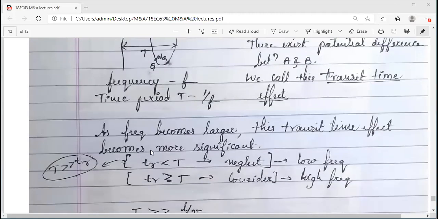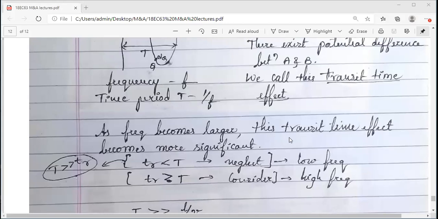What is important here is when the frequencies become larger, because we are now dealing with microwave frequencies, which are larger than IR. Try to remember the electromagnetic spectrum. In this spectrum, the last one is radio waves. Before radio waves, microwaves are there. So frequencies are becoming larger. So what will happen? When the frequencies become more, whatever transit time effect I explained just now, there exists a potential difference and there exists a certain time delay, then you will get the output.